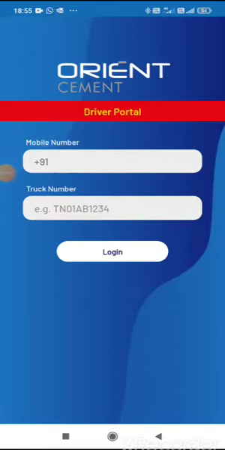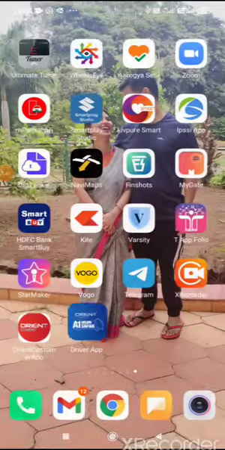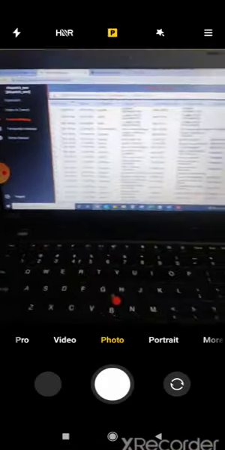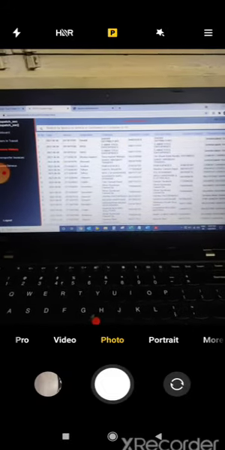So this is how we are trying to capture the location, and on the portal we are providing the visibility of the order to our customers.